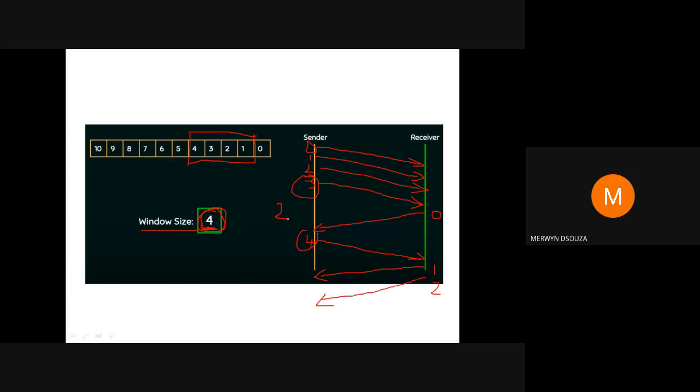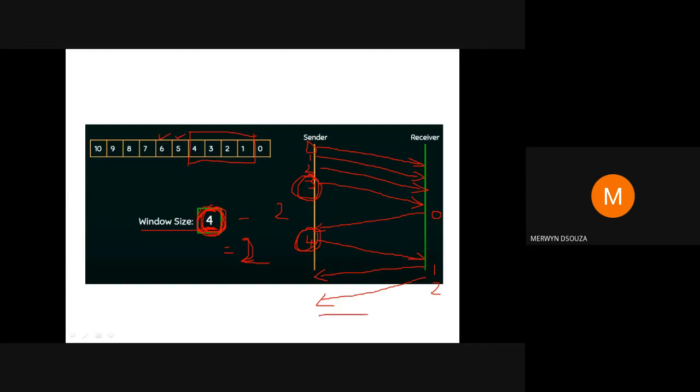So 2 packets' acknowledgement. How many packets could it send without waiting for acknowledgement? The total is 4, so 4 minus 2, how many more packets can it send without waiting? 4 minus 2, the answer is 2. Here 2 packets, 3 and 4, have already been sent and it is waiting for their acknowledgement. Clear? Now 4 minus 2 is equal to 2. This is the window size, so it can send another 2 packets without having to wait for acknowledgement. The other packets it can send are 5 and 6.